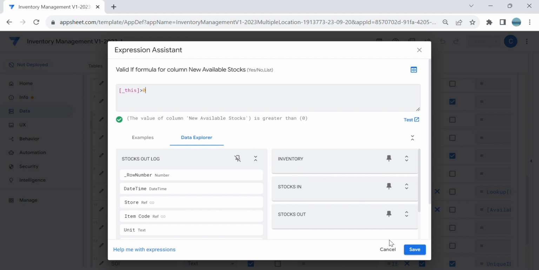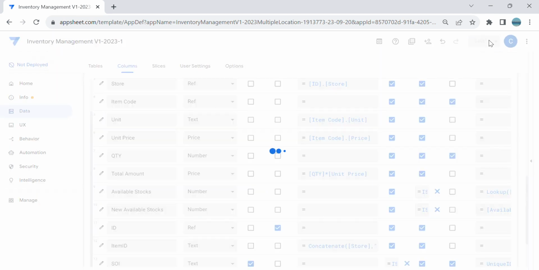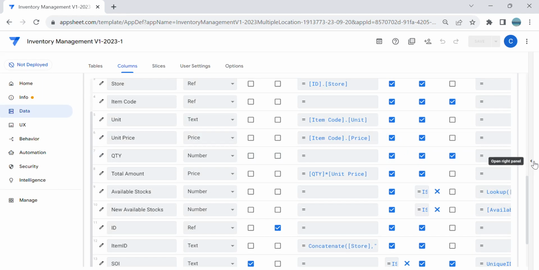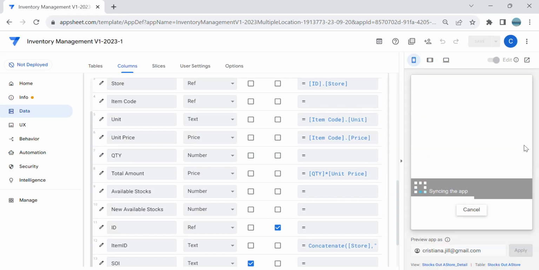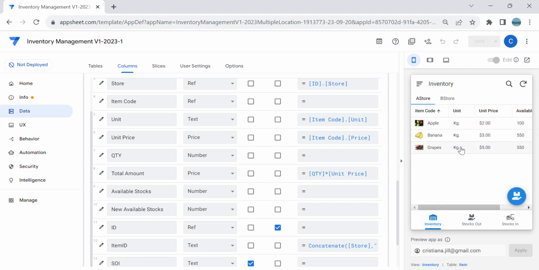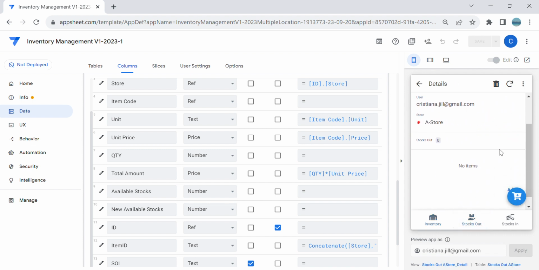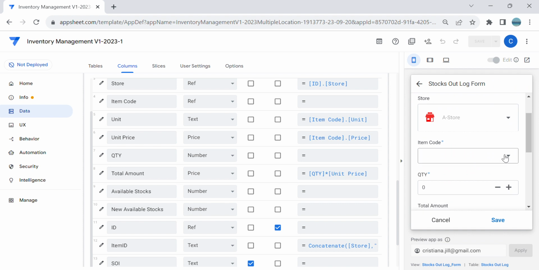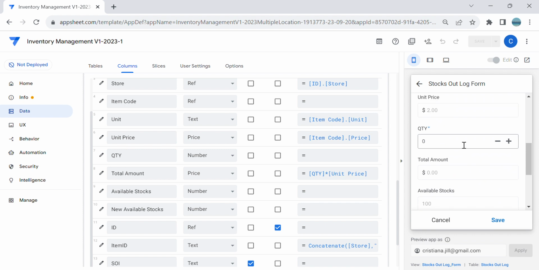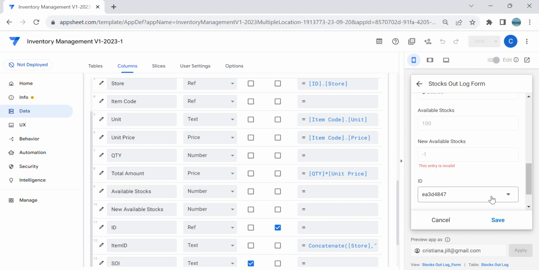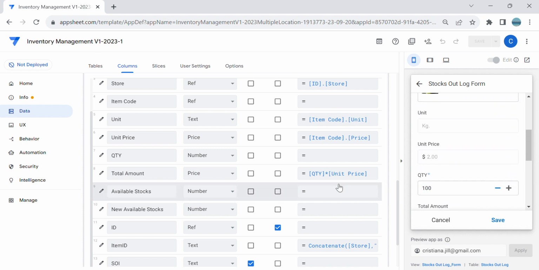So now if you put this data validation, let's try how this works. In the inventory, let's say in Apple, in A store, there are 100 available stocks. I'm going to add in this transaction, stocks out Apple. So currently there are 100 there. If I stock out 101, it should not allow. As you can see, this is invalid. In this way, the user cannot save it. But if you put 100, it's